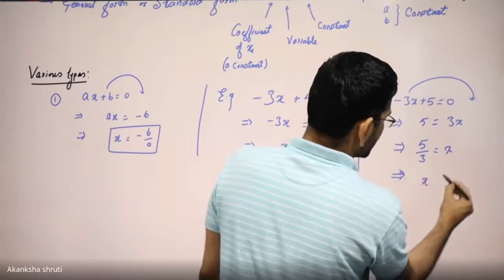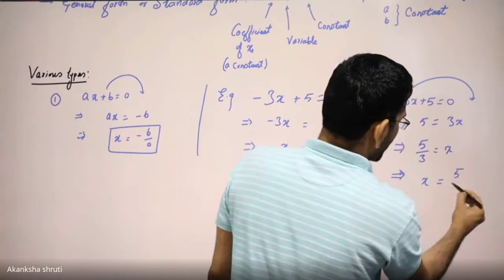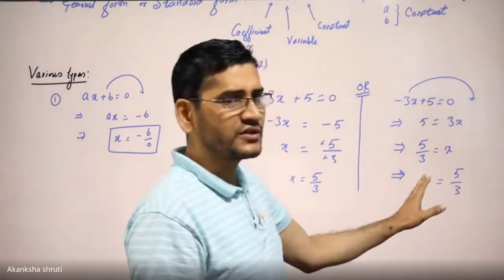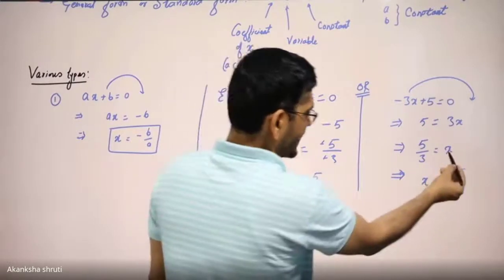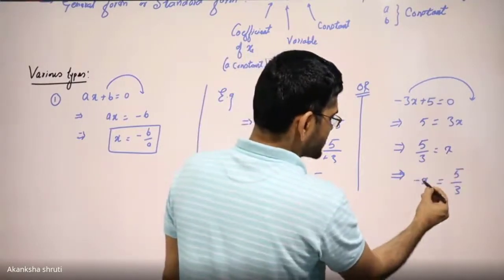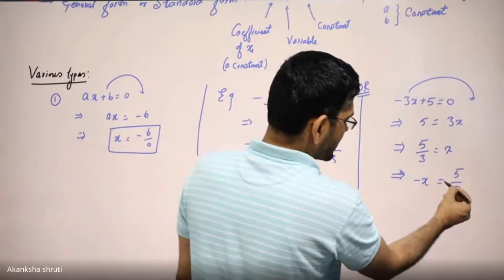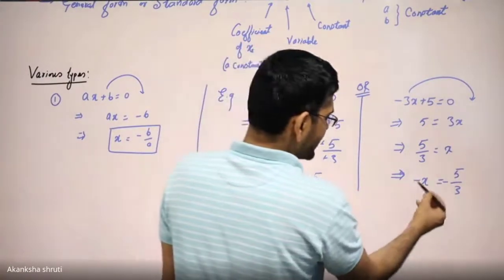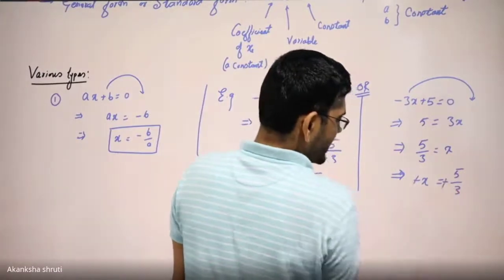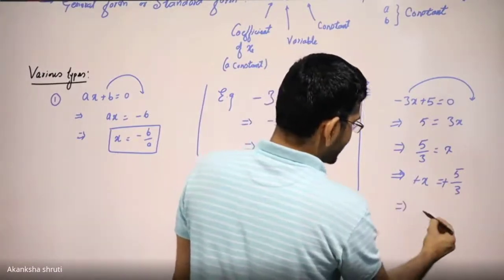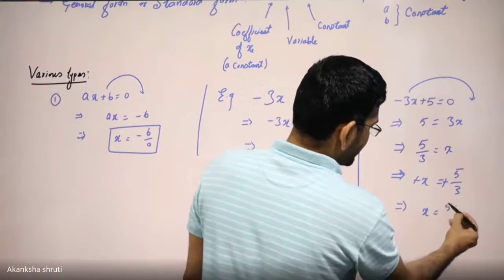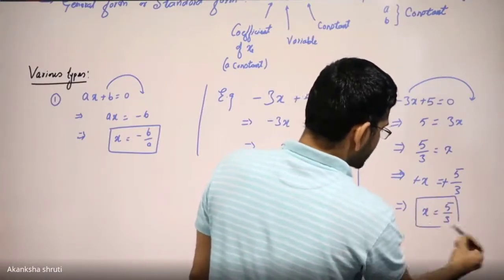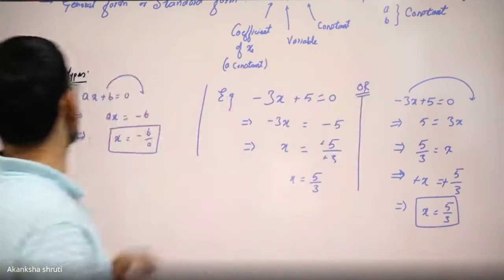Bring this x on this side, bring this 5/3 on this side. Keep in mind, the sign will remain unchanged, though by applying the rule we get that while x is brought on the left hand side, it will turn minus, and this is brought on the right hand side, it will turn into minus, applying the rule. But since this minus is the same, the minus will get cancelled and x is 5/3. So this is how the value of x is calculated in a simple equation.